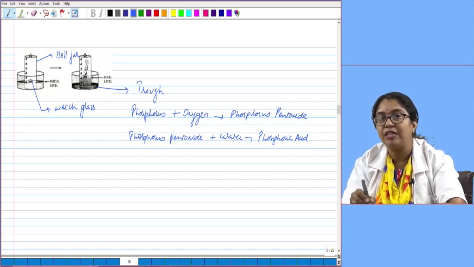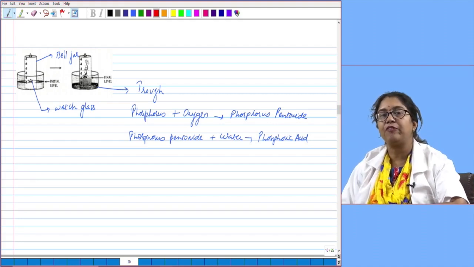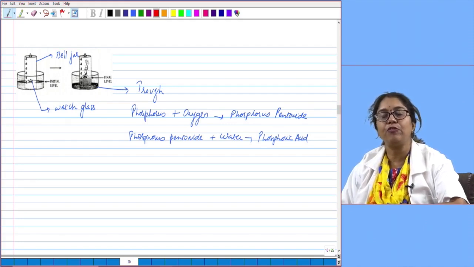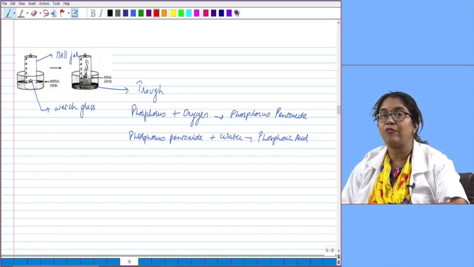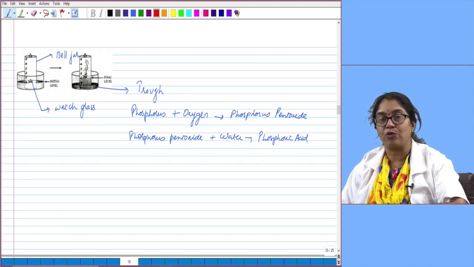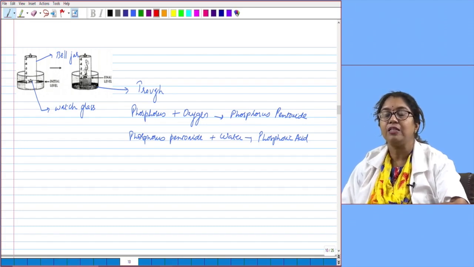Is that clear, children? So from this experiment, we have proved that 1/5 of the air is the active component oxygen and 4/5 of the air is the inactive component nitrogen. But in the composition of the air, we have also discussed that air has other components like carbon dioxide, water vapor, etc. So now we are going to show through an experiment that